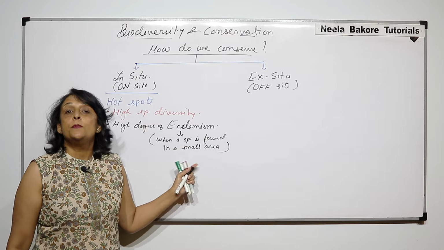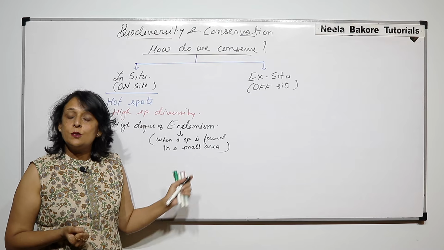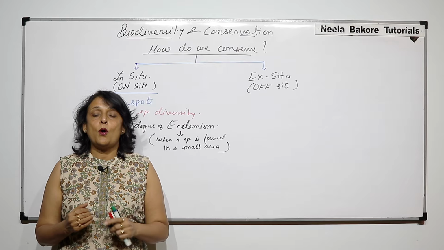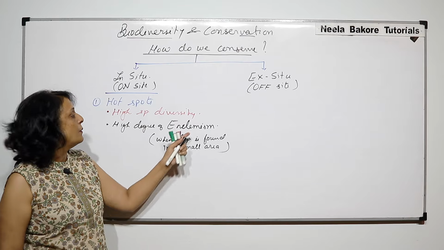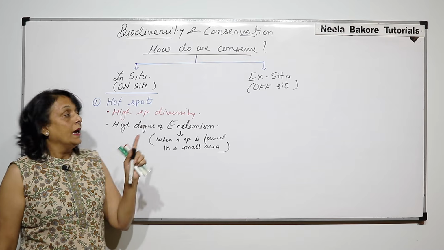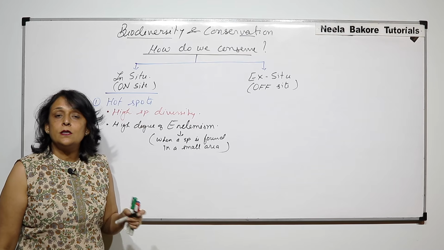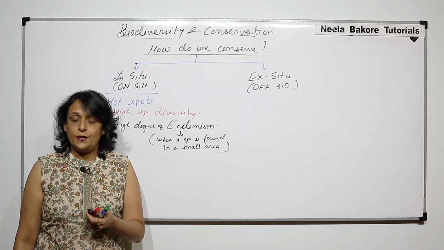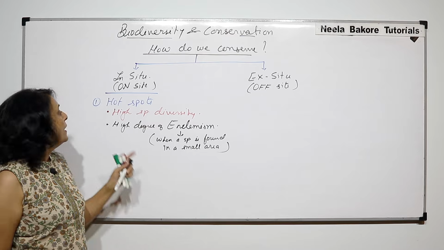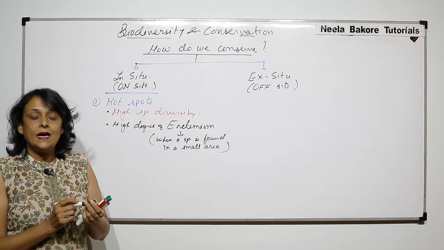So such species is known as endemic species, and this type of distribution will be endemism. These hotspots, they are at a higher risk of being destroyed. So there is this risk also involved. Such areas will be termed as